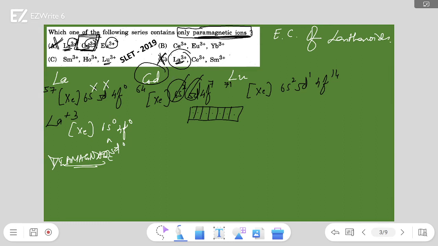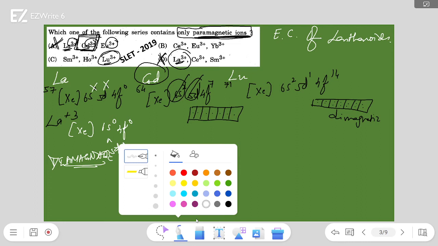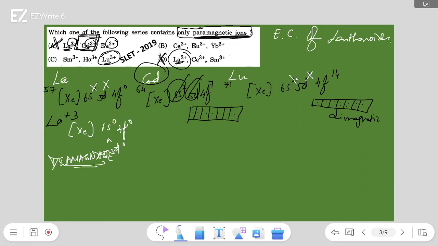Now looking at lutetium 3+ over here. Lutetium again has 6s2, 5d1, 4f14. Friends, 4f14 is a completely paired suborbit. And according to our d and f block chemistry, we very well know that when all the electrons are paired, it is diamagnetic and not paramagnetic. As it is plus 3, these 3 electrons will be removed and henceforth it becomes diamagnetic.